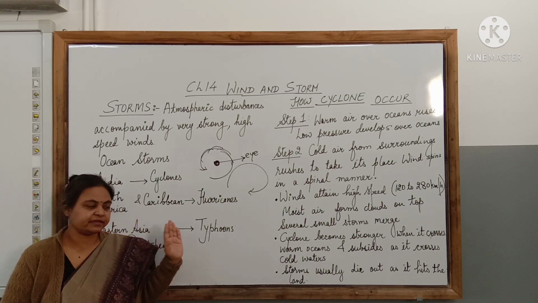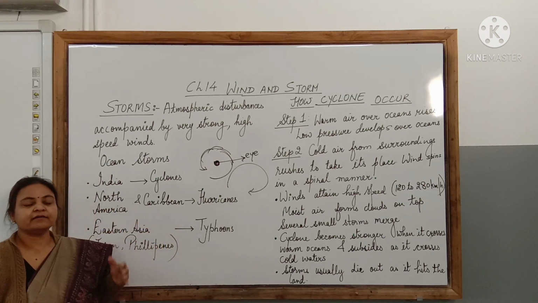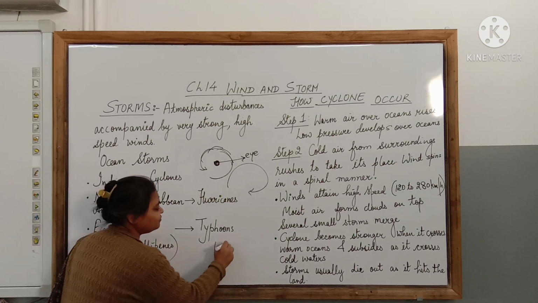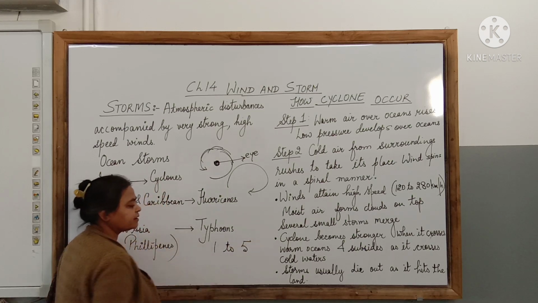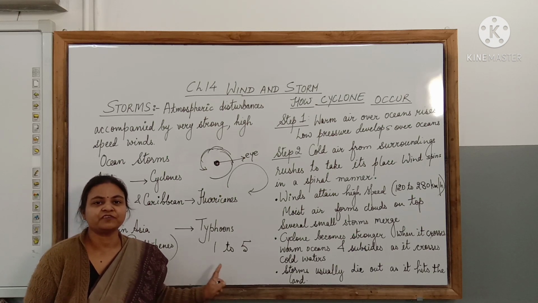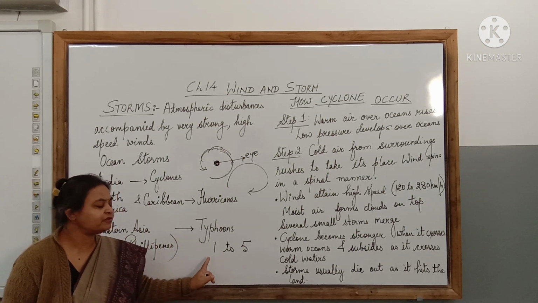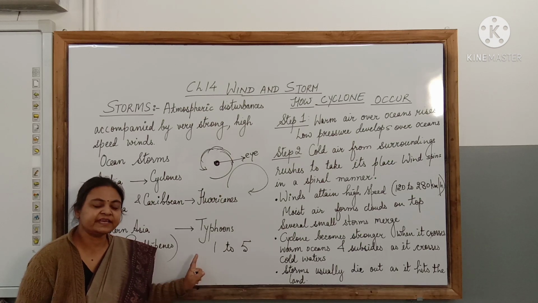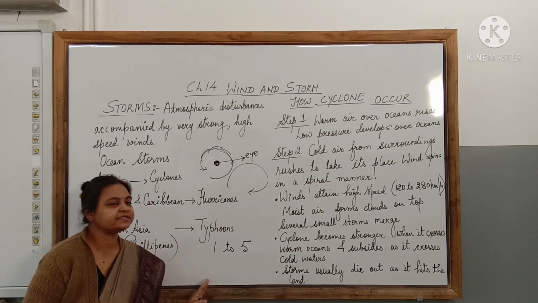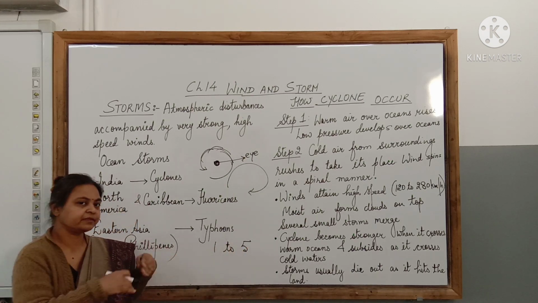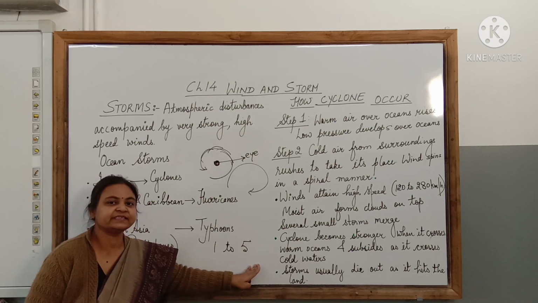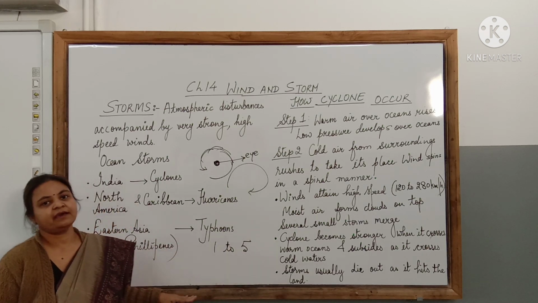Now storms, especially these cyclones, are classified into various categories. There are 5 categories, 1 to 5. On the Saffir-Simpson scale, they are categorized from 1 to 5. The cyclone designated 1 is considered a mild one, and as we go towards number 5, it is a very strong cyclone. So the intensity of the cyclone designated with number 5 is very high.